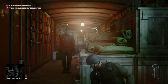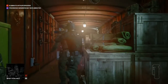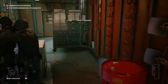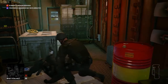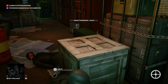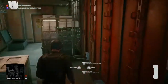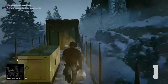And when the conversation between the two guards has finished, one of the guards will lean on this crate, and we can then subdue him from around the corner while his friend isn't looking, and then quickly subdue his friend as well. So in this room we require two items, one of which is a valve, which you can see right here on this crate, and the other is a fuse, which is just on the bench to our left here. There we go. So with that in hand, we can now backtrack once again to the shipping container, and